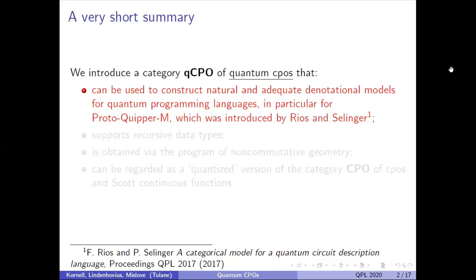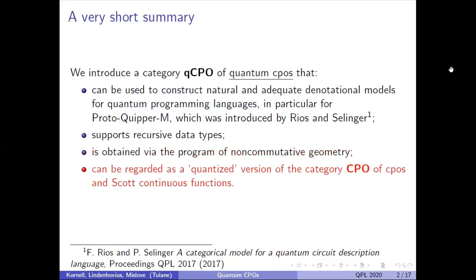In particular, it's designed to support recursive data types, and it's obtained via the program of non-commutative geometry, and as a consequence of the latter, we can regard this category as a quantized version of the category of CPOs and